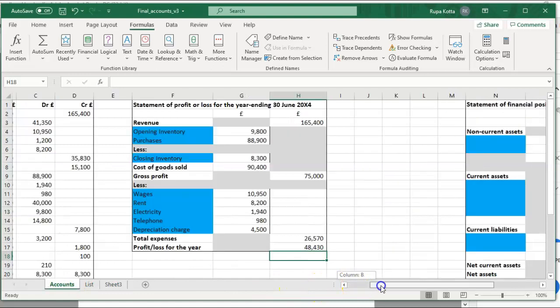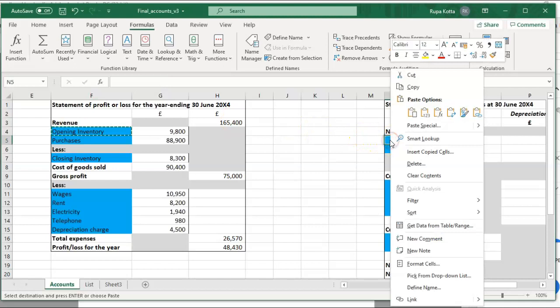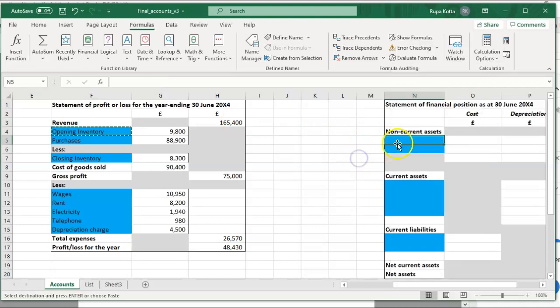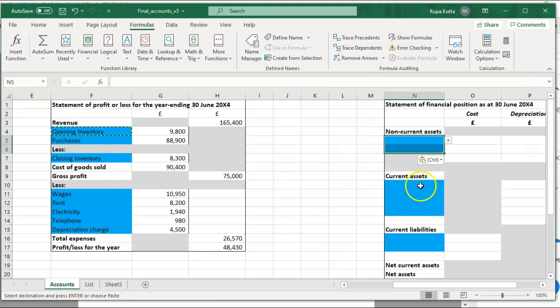Now the next thing is, again they want you to prepare the statement of financial position, also in the same format. First we need data validation in all the blue cells to create the list. Just as I told you, don't do the validation again. You have already done it. Copy paste the validation. Control C. While pasting, use paste special. Paste both the cells together, they're one after the other. Paste special and paste validation. Say okay. Do the same for the other blue cells also.